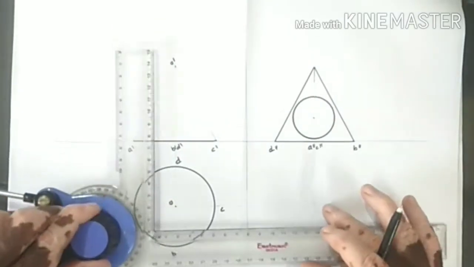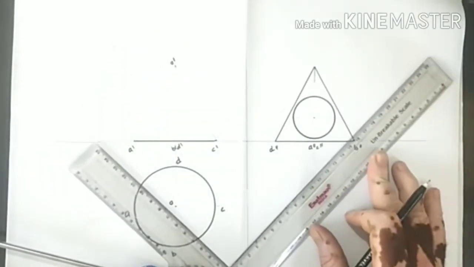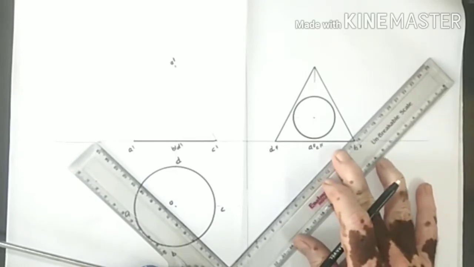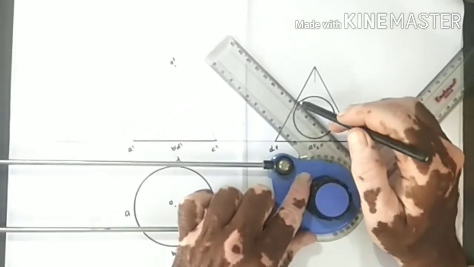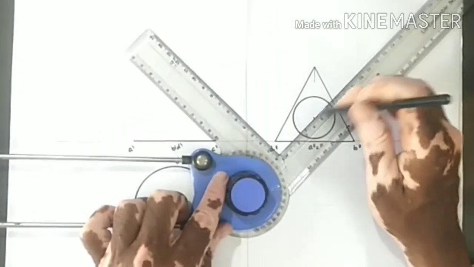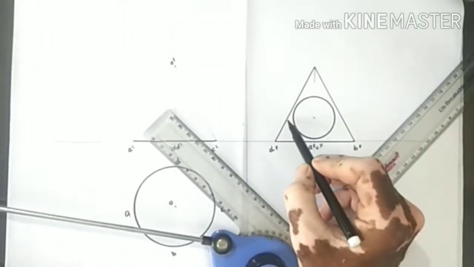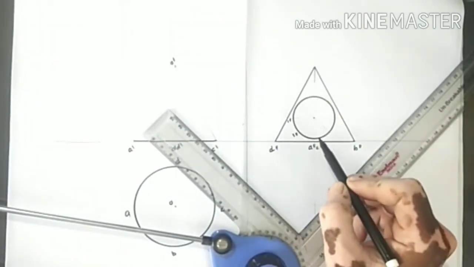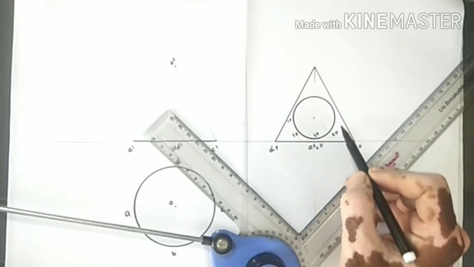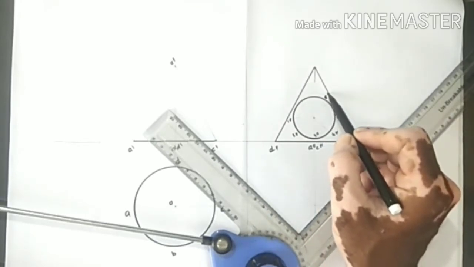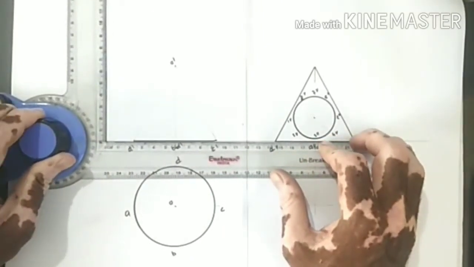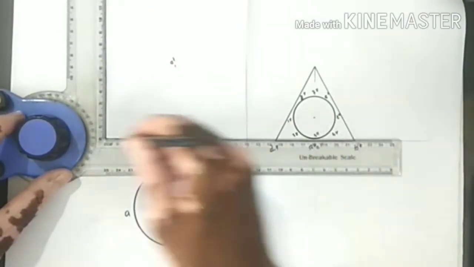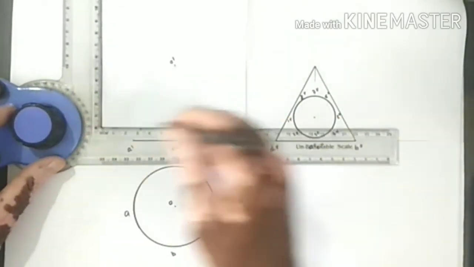Then divide this cylinder circle into number of equal parts, say 8. So one angle will be of 45 degree. So this one angle will be of 45. I am giving the number as 1 double dash, 2 double dash, 3 double dash, 4 double dash, 5 double dash, 6 double dash, 7 double dash, and 8 double dash. Project this cylinder in front view as well as in top view. So these are the generator of the cylinder, generator,